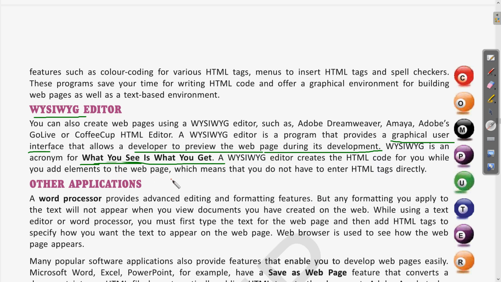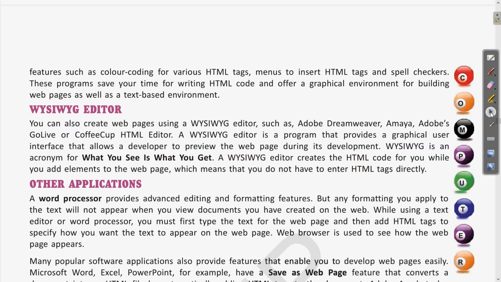From there you can choose the different elements in the web page, and we can edit and modify the names of those things. Clear? So this way these editors provide a better approach for designing the web pages. Next we will see some other applications using which web pages can be designed.